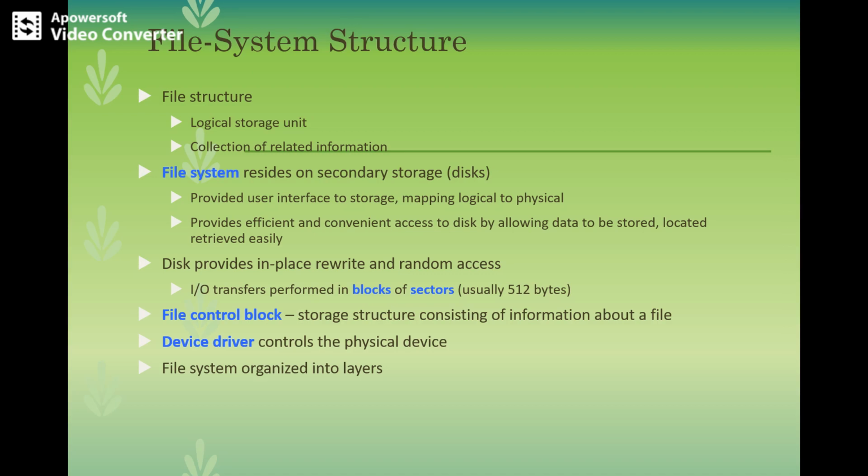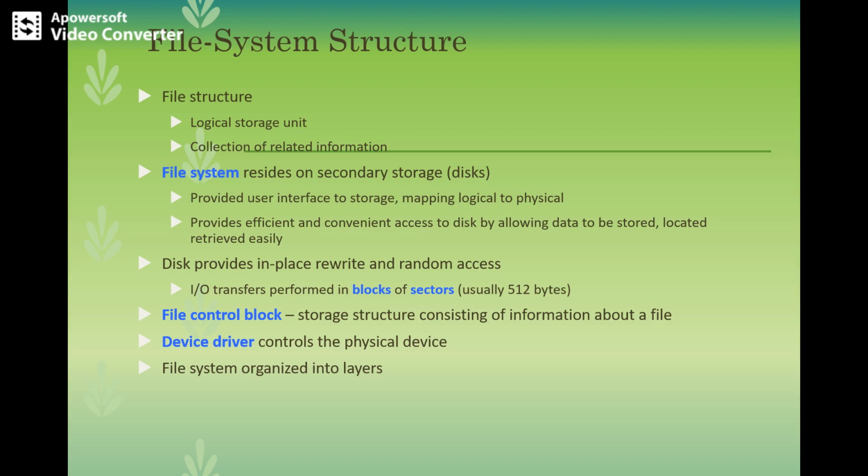What are the characteristics of the disk? The same place may be used for reading, writing, and modification, and the user can access the disk directly for any block of information, and this block may be used for data transfer. Each block in the disk contains several sectors, and the IO transfer between the memory and disk is performed on a block. There is a default sector size, which is 512 bytes. This concept of file system is used for efficient and convenient access to the disk.